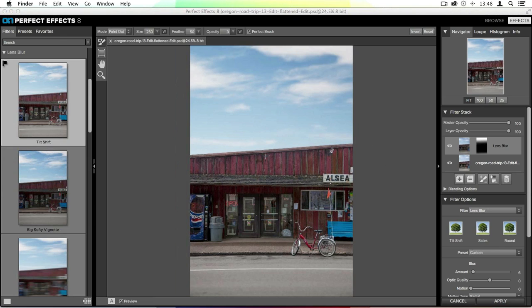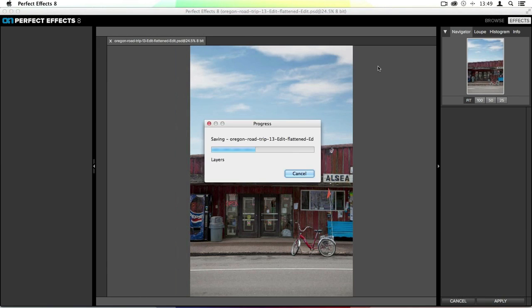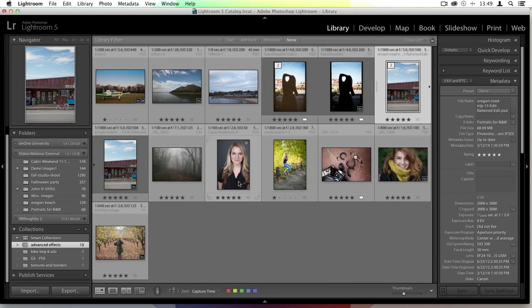All right, let's go ahead and click. We're going to jump over and click apply really quick. We're going to save this effect and jump back into Lightroom. And the last thing that I want to walk you through is, let's see, we're going to jump back in, is I want to talk to you a little bit about presets